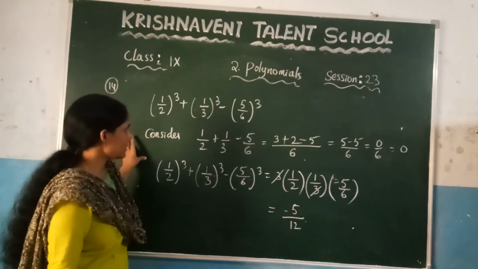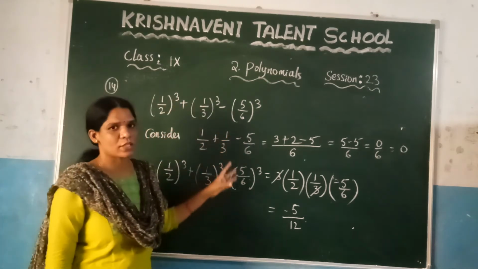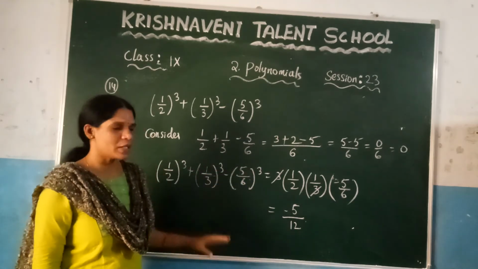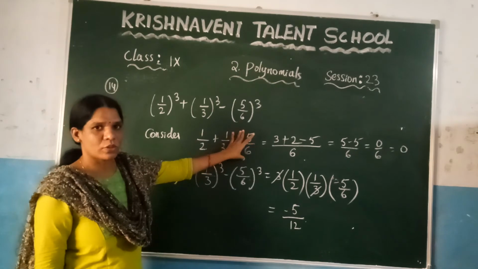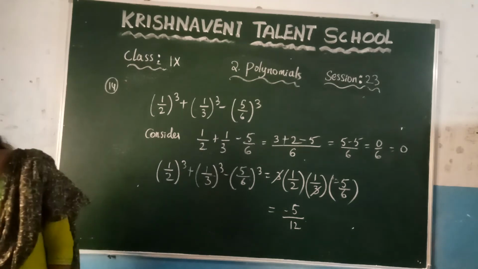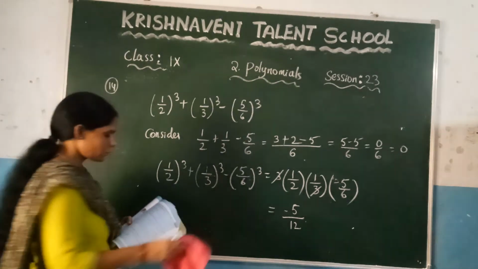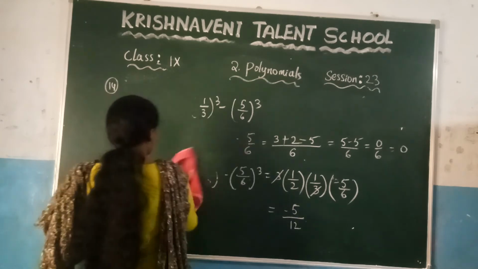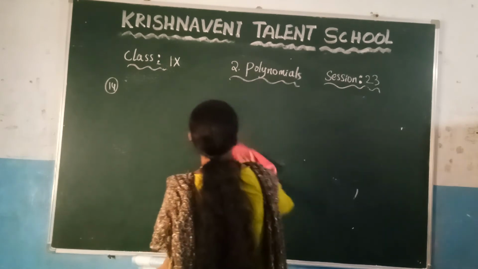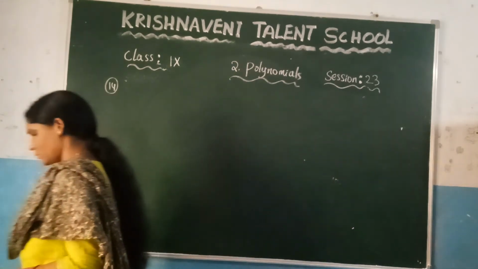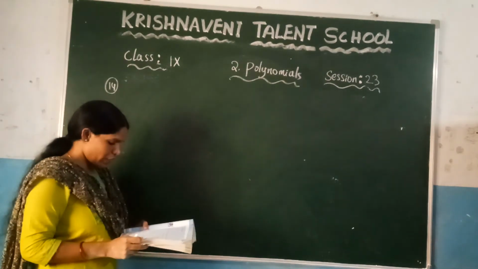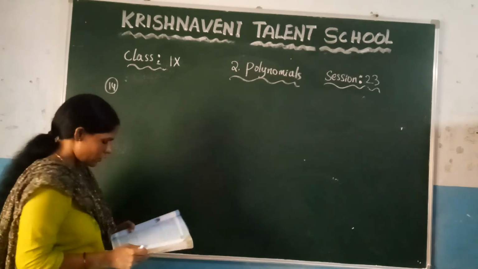So they are asking here to find the value of x³ + y³ + z³, and we have applied that identity. You know that if x + y + z is equal to 0, that means you need to add all these values, so that you can find this value is equal to 3 into x into y into z. Now see the next question. Here one more question is given, you can do it as homework. Now see the next question.